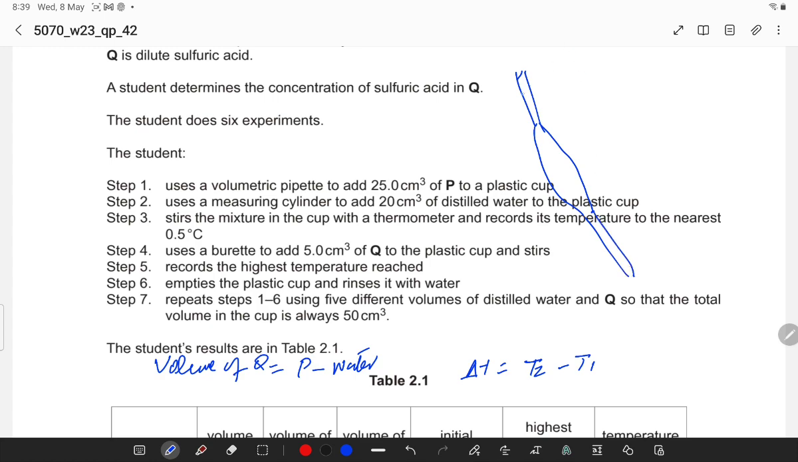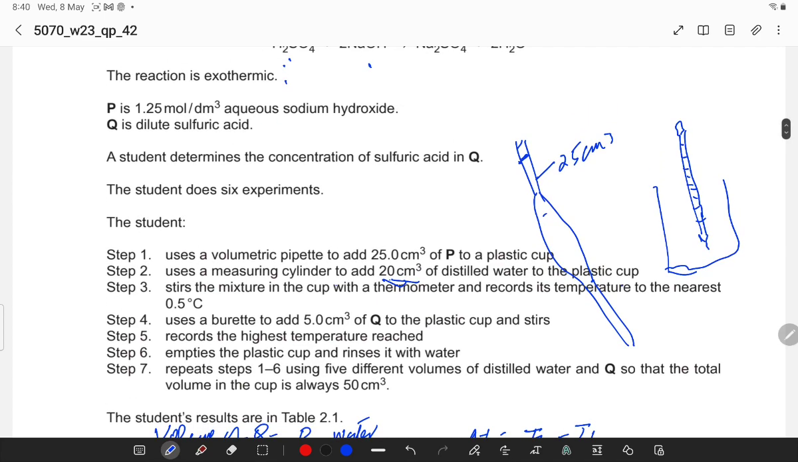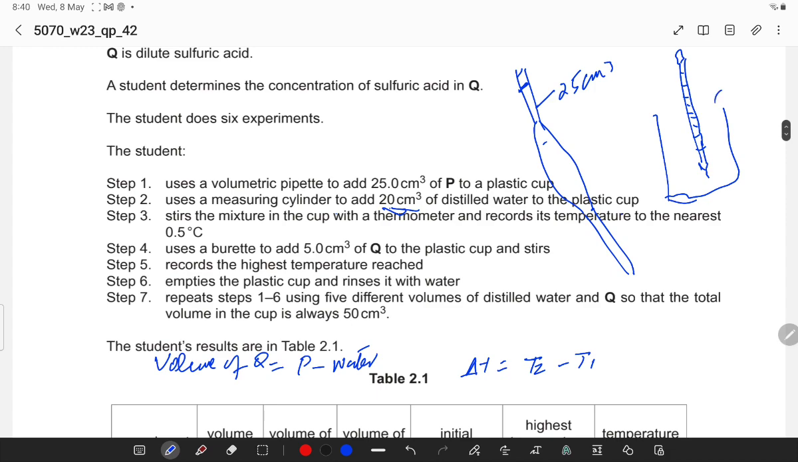It is used to measure a fixed volume of liquid. This is a 25 centimeter cube pipette. When you fill the liquid up to this mark, it is 25 centimeter cube volume. Add it to a plastic cup, place the plastic cup with a thermometer. This is the thermometer. Then use a measuring cylinder to add 20 centimeter cube of distilled water to the plastic cup. So add first 25 centimeter cube of P, which is sodium hydroxide, and then 20 centimeter cube of distilled water,